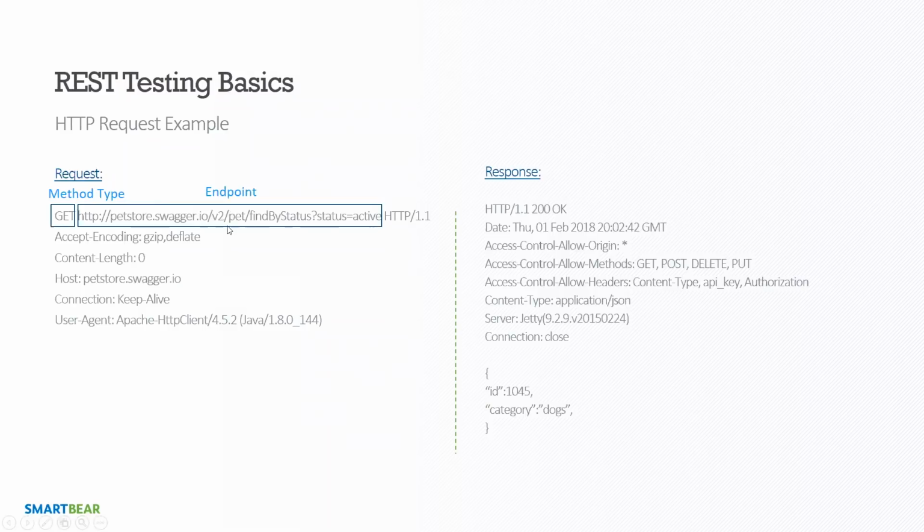And very common, this would be like /api, then a version number, and then we'd actually get into the meat of what we're looking to query for. In our case, it's pet data. We can see that we've got a nested resource here. So not only are we looking for this pet information, we're getting a specific by status kind of collection of values. And then one thing that we're looking at here at the very end is something called a query